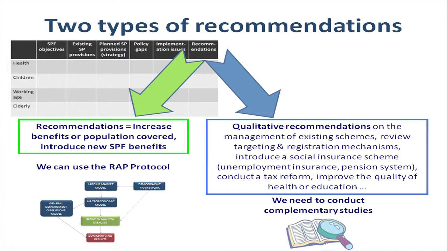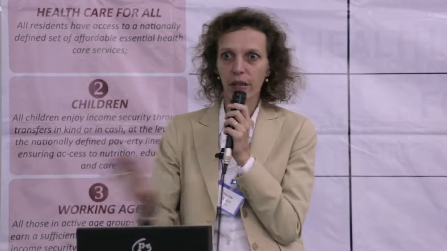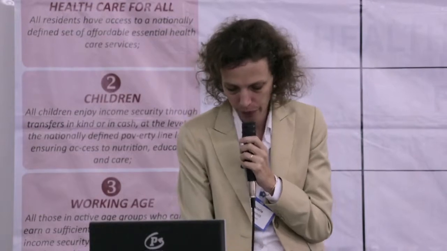Once you have done the description of the schemes, the policy gaps and implementation issues, you come up with recommendations. Here, please put all the recommendations that you wish. Qualitative, quantitative, creation of a new scheme, improvement of the supply side for healthcare if you are in a healthcare group, put everything. Then we will try to see which of the recommendations we can cost with the costing tool. You really have two types of recommendation, but don't limit yourself to recommendations that are only related to increasing a little bit the level of benefits. This is not interesting. What is interesting is really to think about all that can be done in the country of Croatia. Okay. I leave your